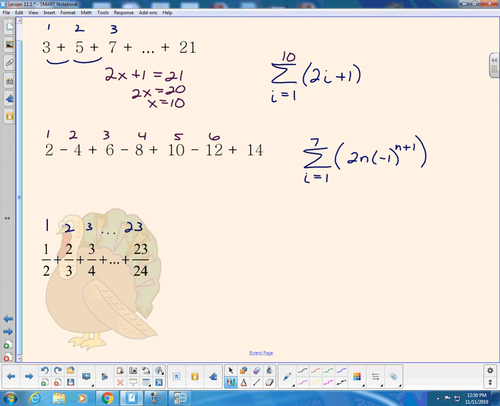So the sequence is n over n plus 1. And we're starting at i equals 2,